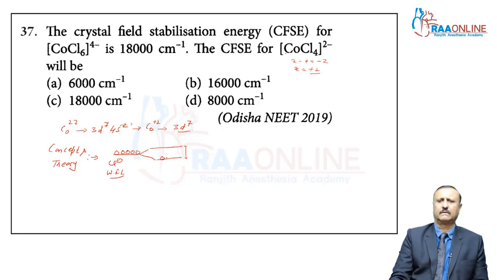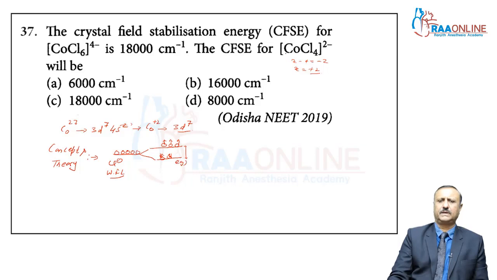Here CoCl4 2 minus is the sp3 hybridization type. So when you put the 7 electrons, 1, 2, 3, 4, 5, 6 and 7,